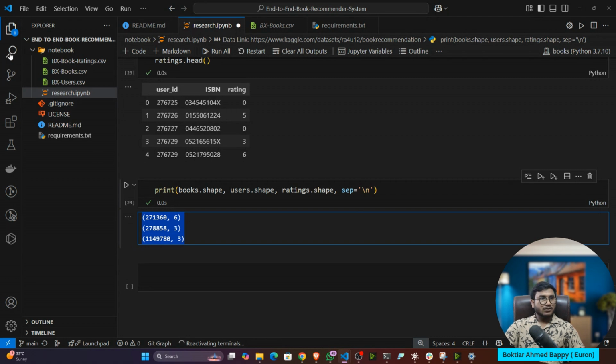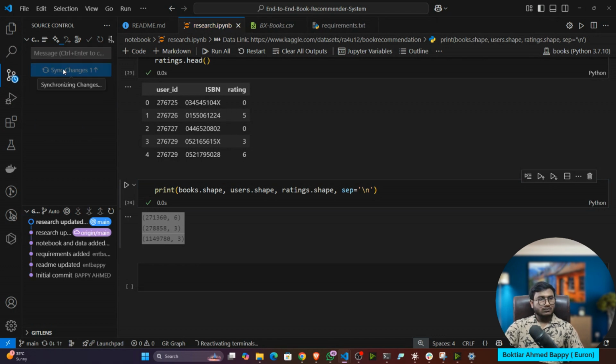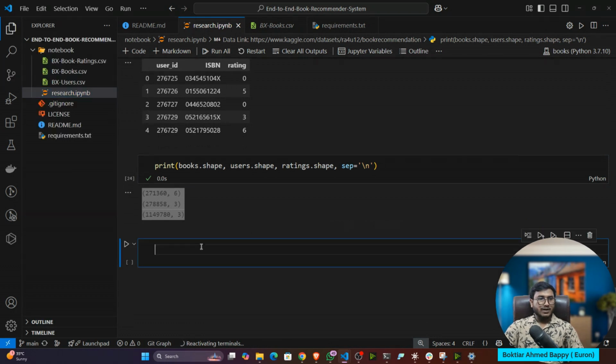Share the code. Okay, so let me save. Now check for it. It's updated.